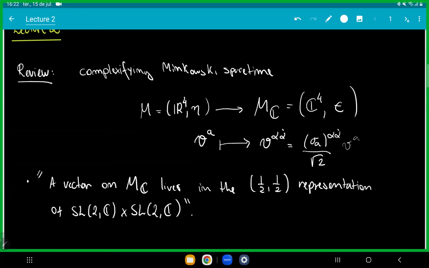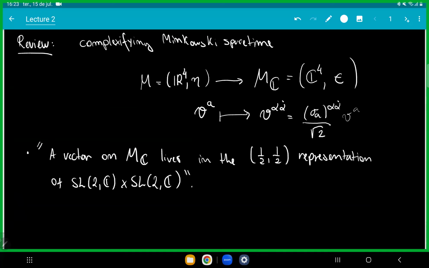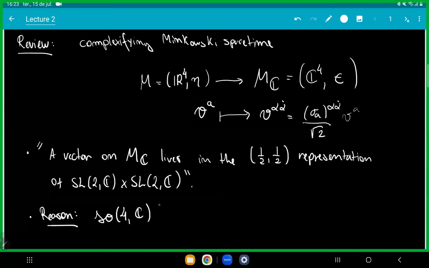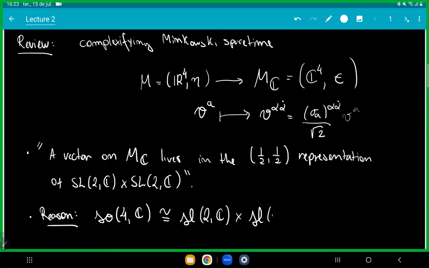So, the reason why this is true essentially boils down to, and those who have studied a little bit about Lie algebras will understand a little better what I'm saying. The reason is that you have an isomorphism between the Lie algebras associated with these groups, which is little so(4, C). So this is isomorphic to 2 copies of the Lie algebra associated with SL2C. And if you remember,